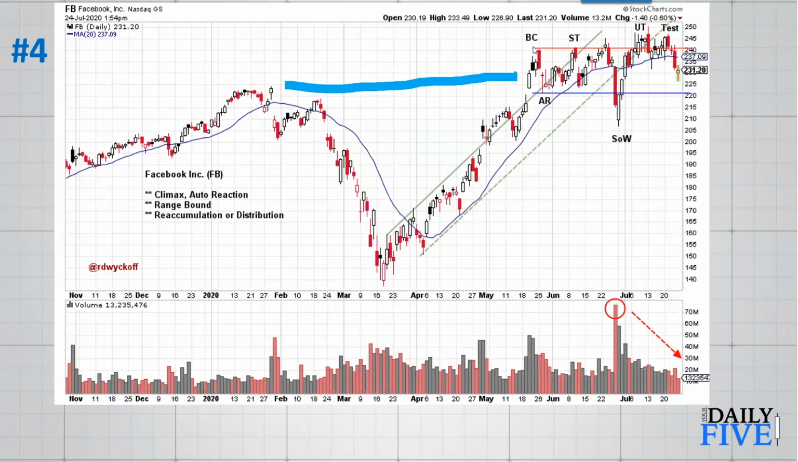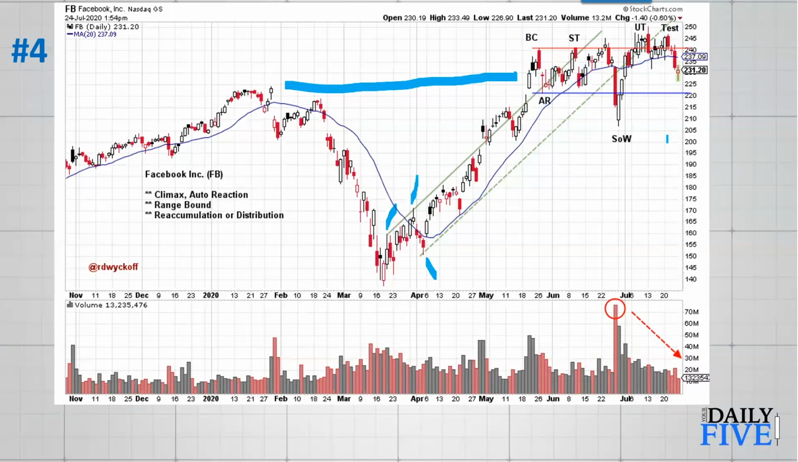At this point, we can see beautiful throw over of the trend channel. Point is made here and here. Oversold line here. Some nice touches along the way. And now we have a buying climax, automatic reaction, range-bound condition. Here's a beautiful secondary test, big sign of weakness, and an upthrust of sorts here with a test back into